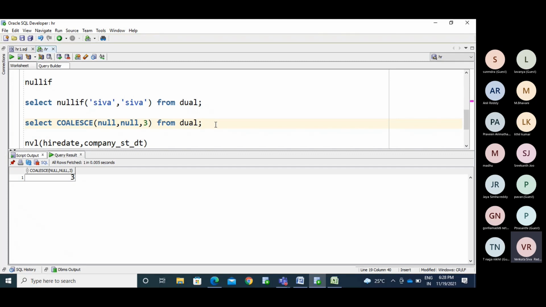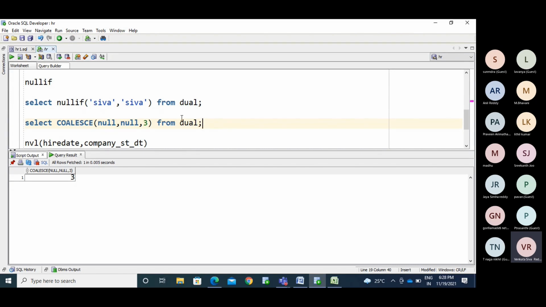All the people do not join in the same month. Few people will join in January, few in March, few in September, few at the end. I need to know the first salary of the year. What is the first salary of that person? He may get a 10-day salary, or 15 days, or the whole month, but I need the first month when he got a salary. That payment I need to display here.